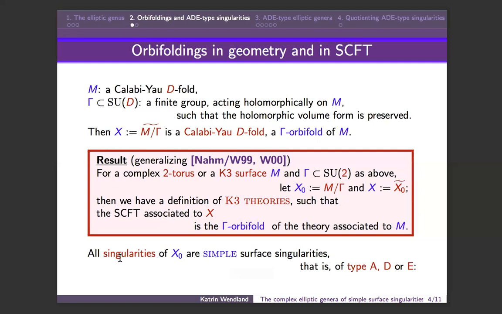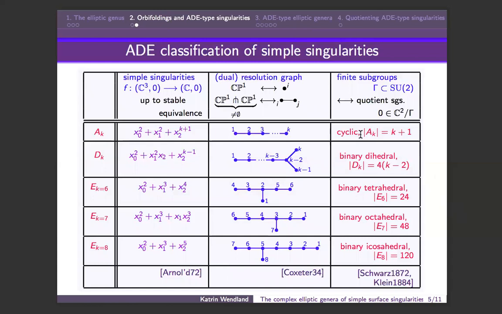From the orbifoldings, the singularities that can occur are called simple surface singularities or ADE type singularities. And these are well under control and have been classified. And here's a quick review of that classification and of what I mean by having these singularities under control. So first of all, these singularities can be classified quite easily simply because the finite subgroups of SU2 have been